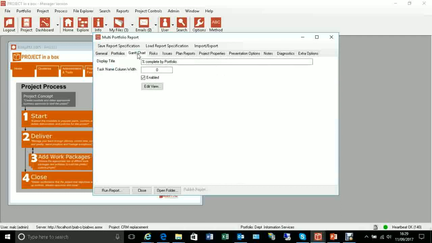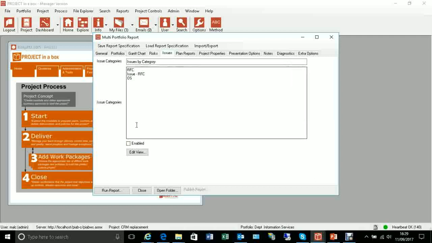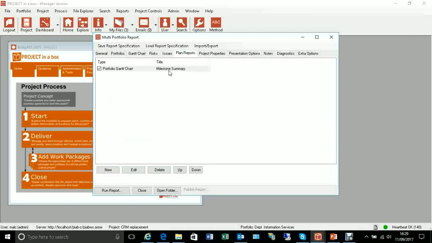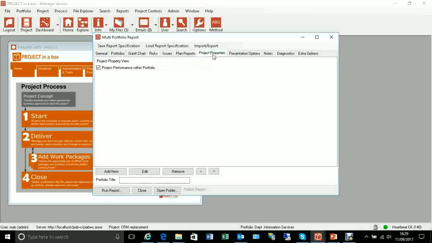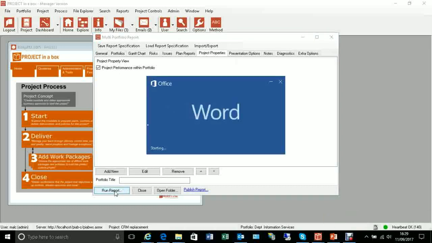We choose the things we want to include again. So I'm including a Gantt chart. I'm not including any risk and issue analysis at the top level. I'm going to include a milestone summary for each portfolio and some properties information as well. And so I can just run that. It's going to go away and get all that data from that set of portfolios and build out the report for me,